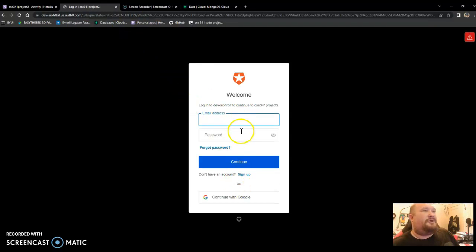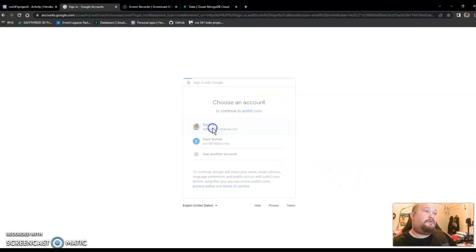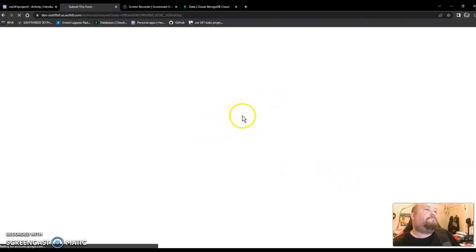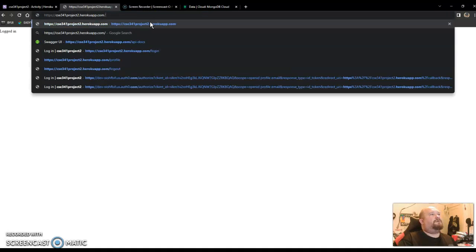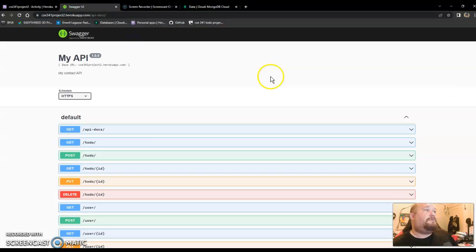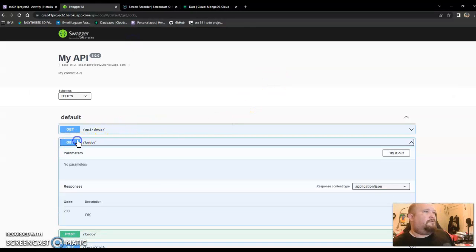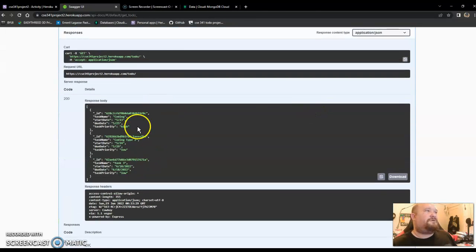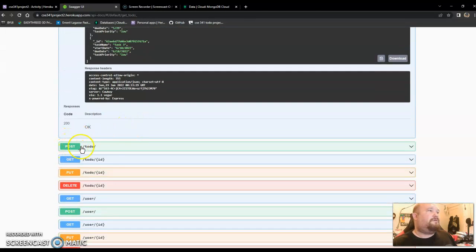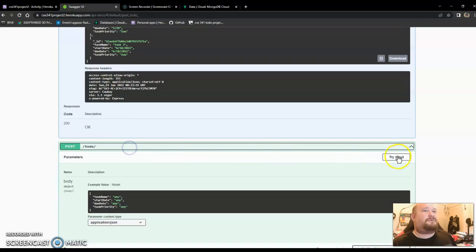And then the user is able to log in. And it shows that the user is logged in. And if we go into the API docs, the user is able to get the to-do list, post to it,